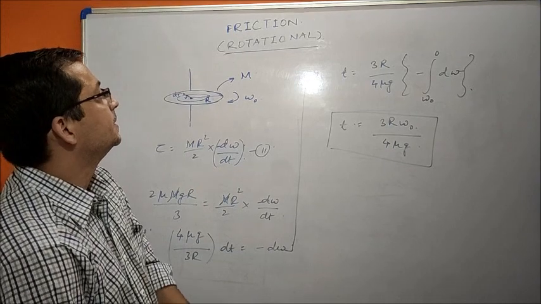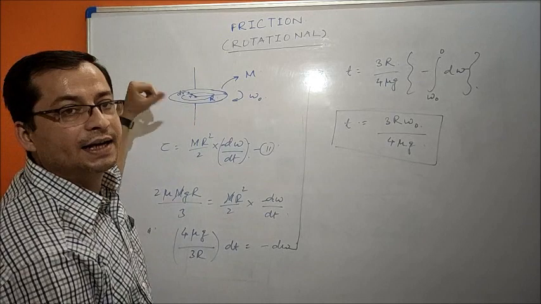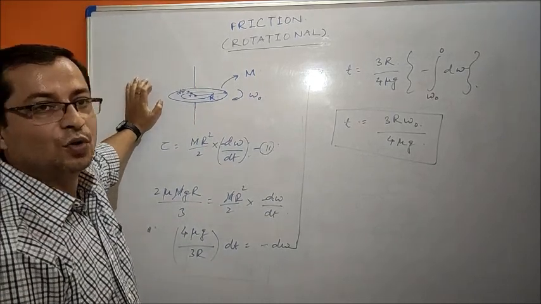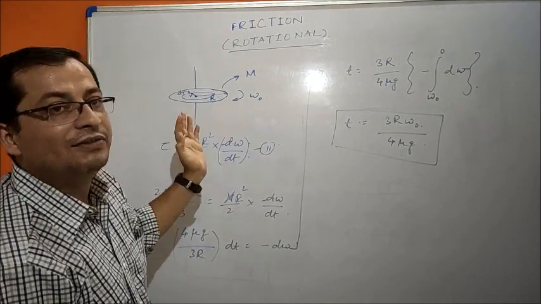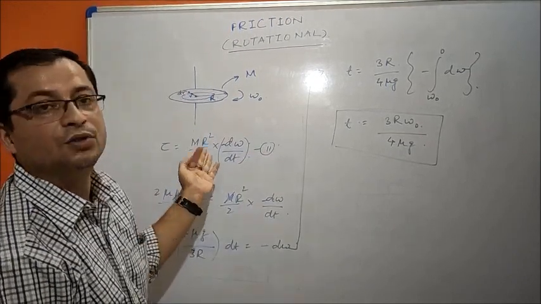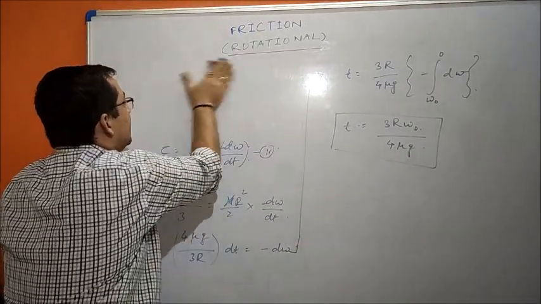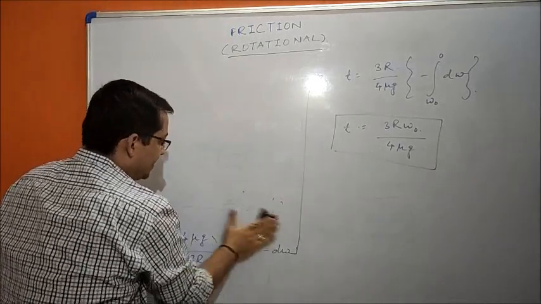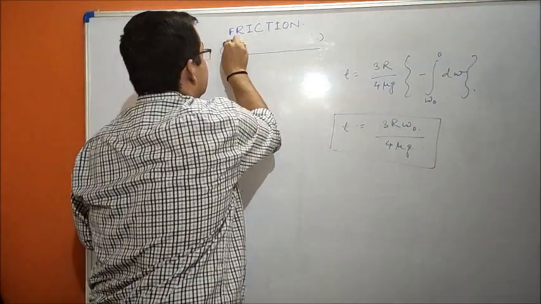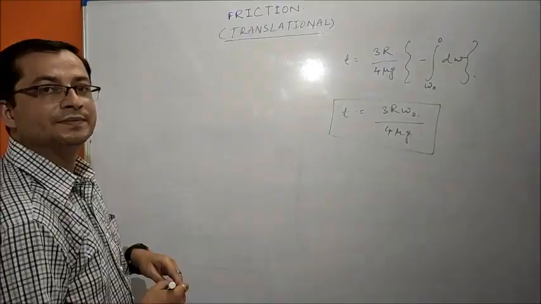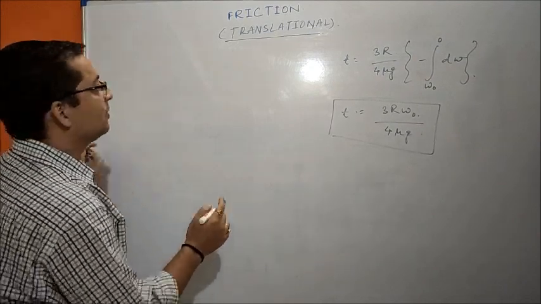Now we will analyze friction experienced by an object which is translating. Here we have taken a case of an object which was rotating and the frictional force caused it to stop, right? Now we will change the case and we will try to draw some conclusions out of the two cases, right? So let's take an object which is translating with some initial velocity v naught. Okay, so let's change the heading. Okay children, so now we will analyze the case of translatory motion, right?